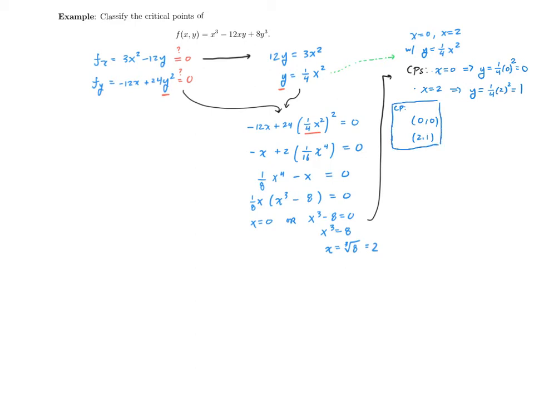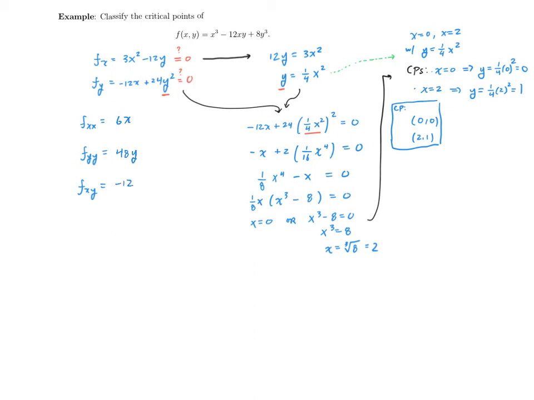And now that we've identified the two critical points, we can classify them using the second derivative test. But for that second derivative test, we need to calculate some of these second partials. That is, we might want f sub xx, f sub yy, and f sub xy. And note f sub xy or f sub yx can be used interchangeably. Looking at our first partials above, f sub xx is 6x, f sub yy is 48y, and f sub xy